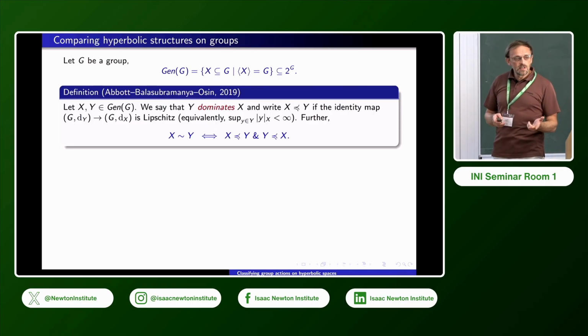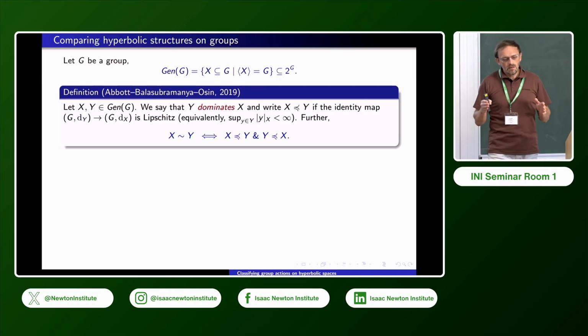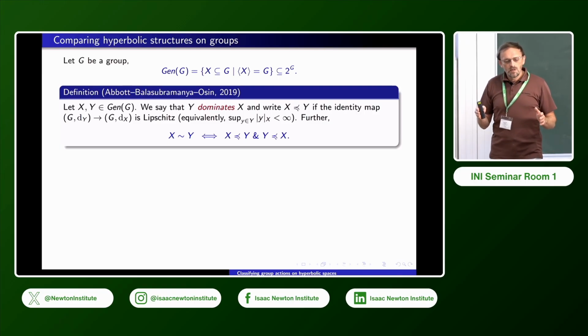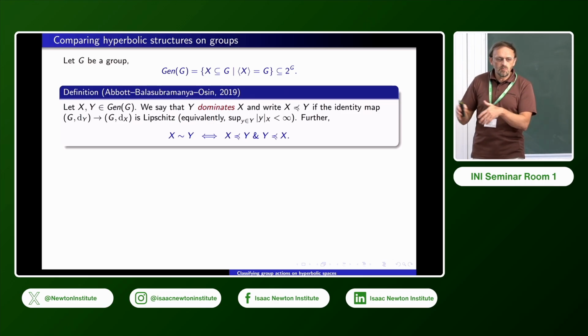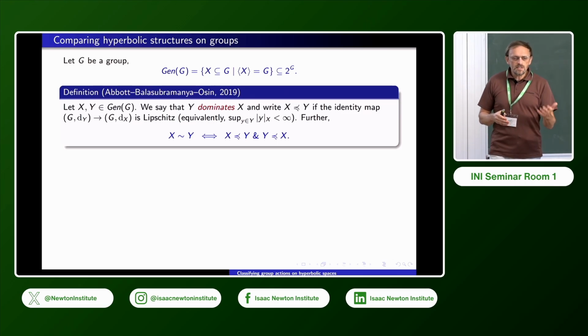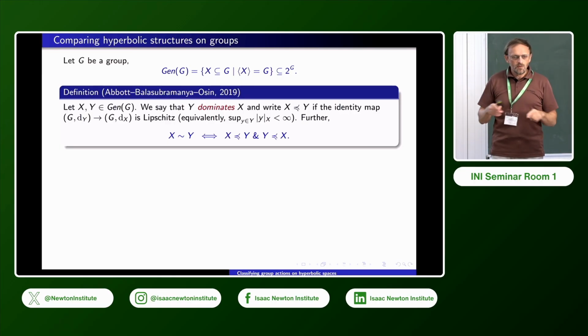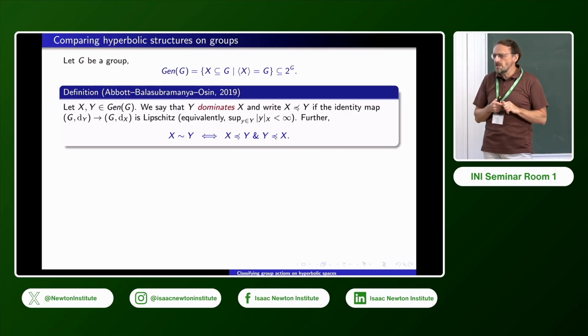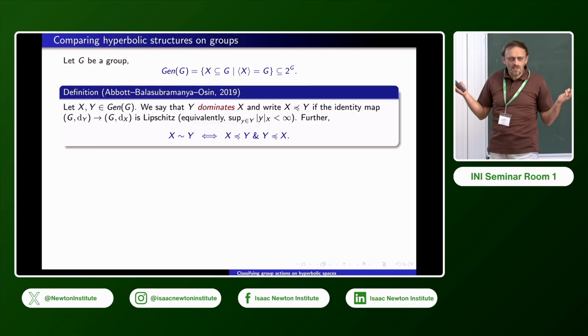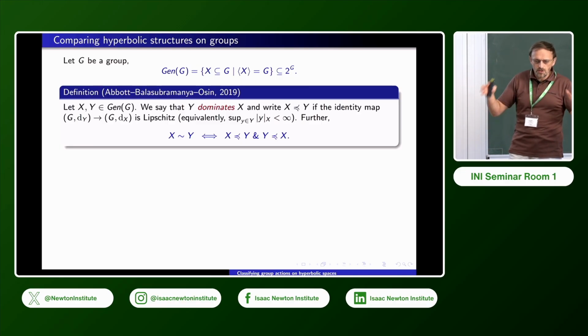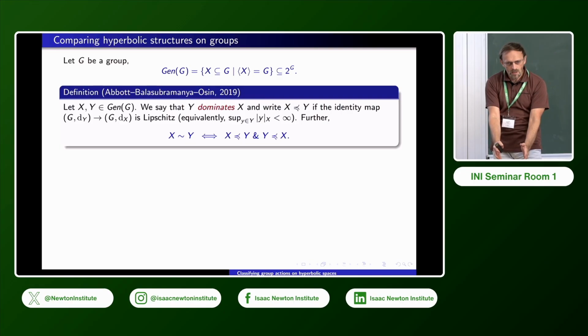Now, what's the equivalence relation here? Okay, so we compare two generating sets according, roughly speaking, to the amount of information the corresponding Cayley graphs provide about the group. So what is the least useful Cayley graph of your group? Well, you take all elements of your group as generators. Then the Cayley graph is just the complete graph where there is an edge between any two vertices, right? What can you say about the group by looking at this graph? Well, perhaps you can say it's infinite and that's it, right? Nothing. All the information is lost. So this is going to be the minimal element in our